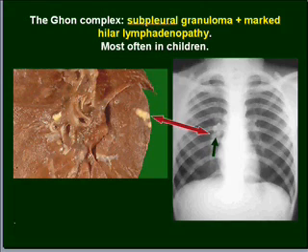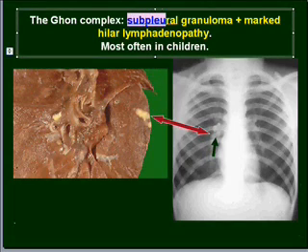Now once you suspect a patient with a primary tuberculosis, you take an X-ray of the chest, and what we see in the X-ray of the chest is known as Ghon's complex. So what is Ghon's complex? It is a combination of two important areas of granuloma. The patient will have a subpleural granuloma in the lungs,